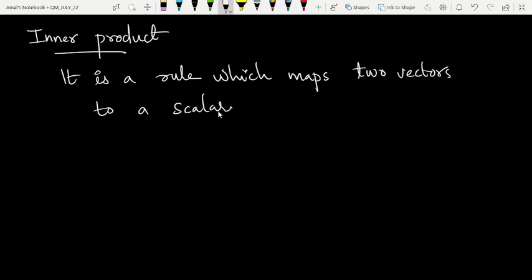This can be a complex number in general. So inner product is a rule which maps two vectors into a scalar,